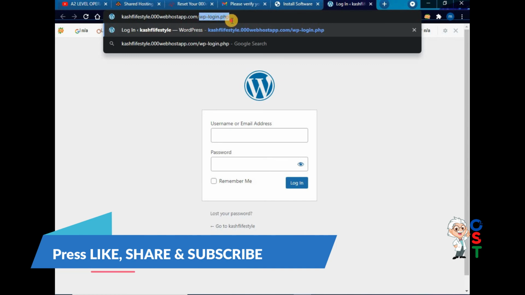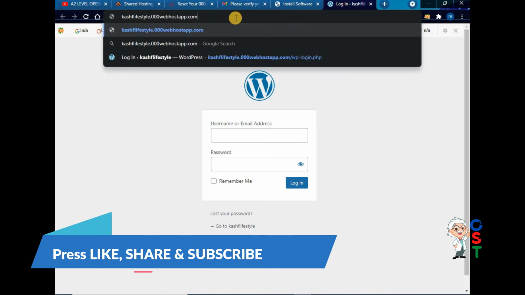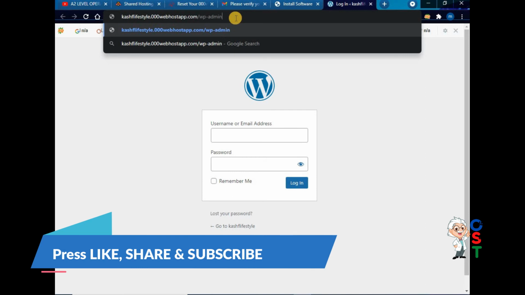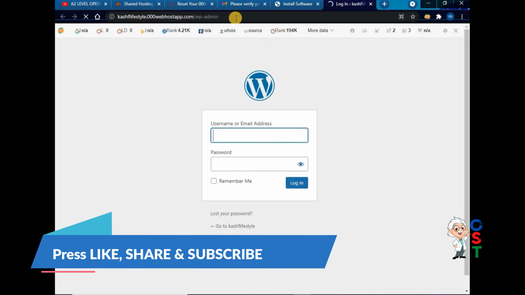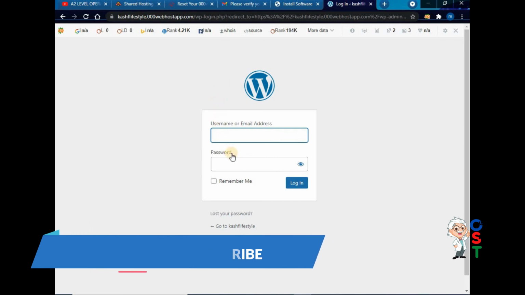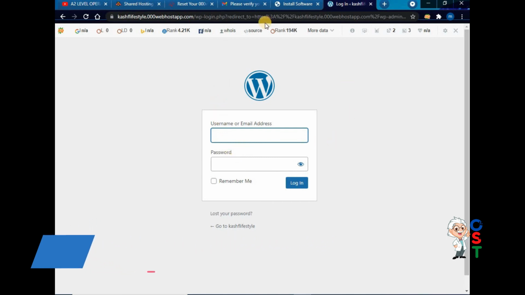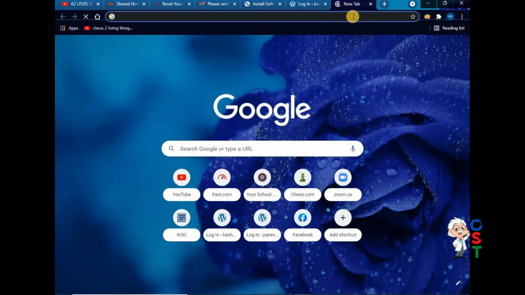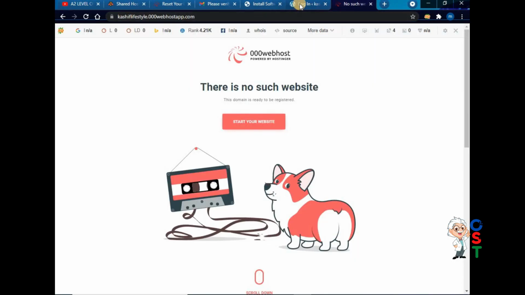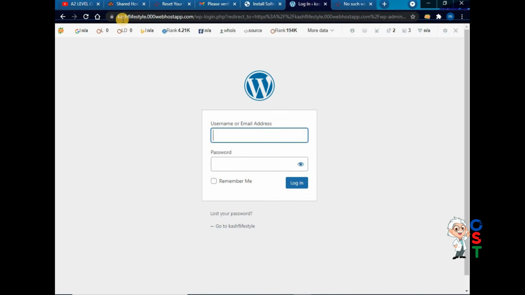Whenever you want to make your website, you will come here on this URL backslash wp-admin, and then you will press enter and you will get this screen. Same screen you will get. Here I will have to write my username which I set, and password. And the other persons who are the visitors of your website, they will just write the domain name which you have selected.